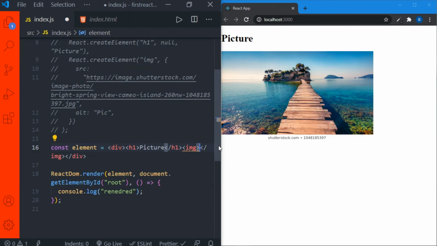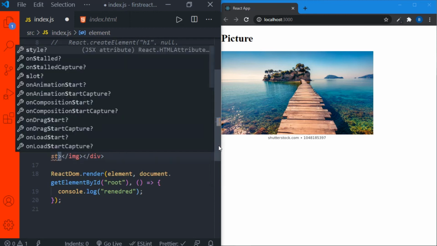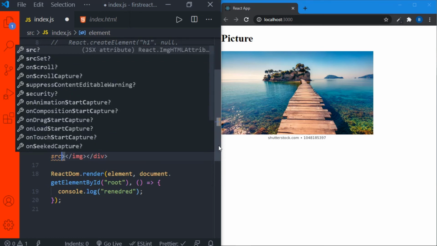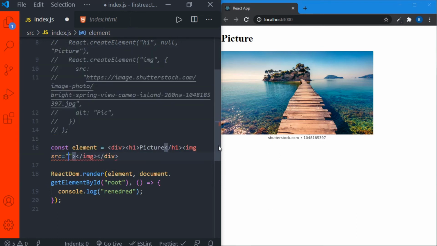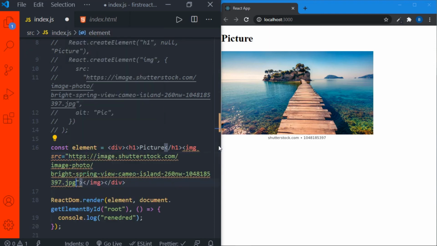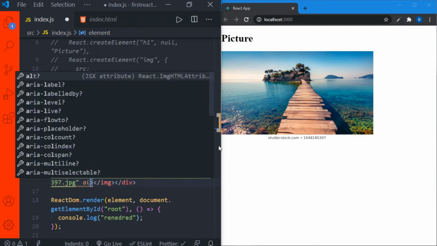And to that we have a proper attribute that is src, and we'll paste the link over here, and we should definitely pass the alt also.